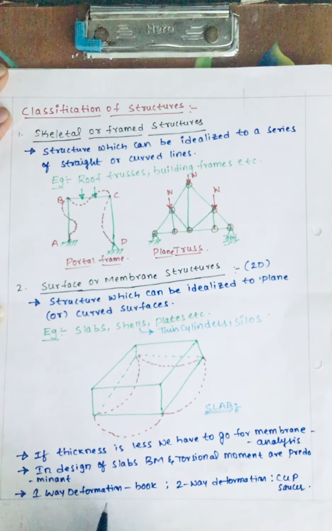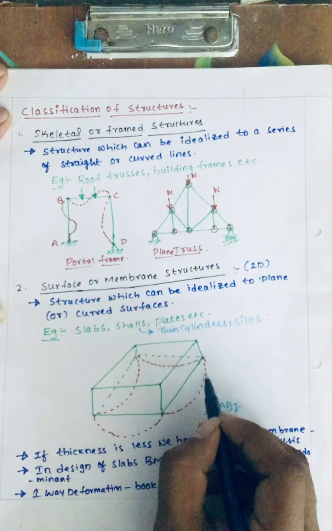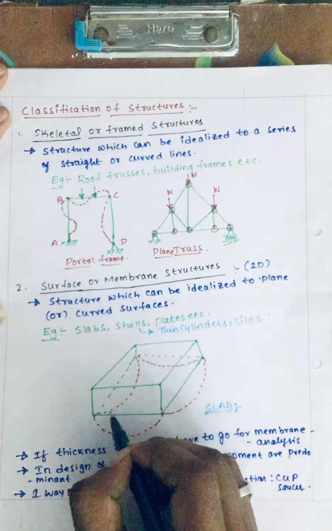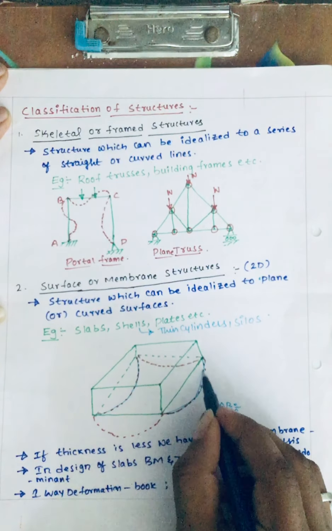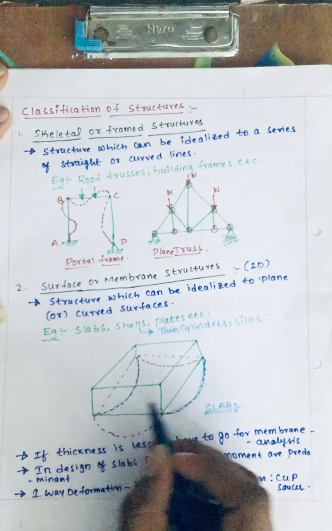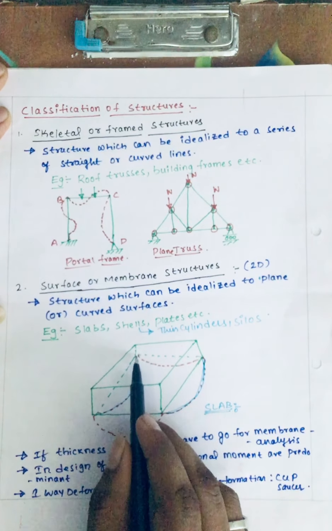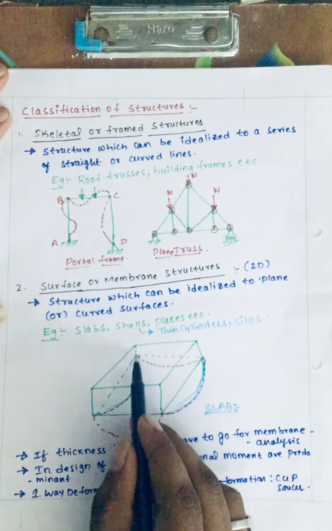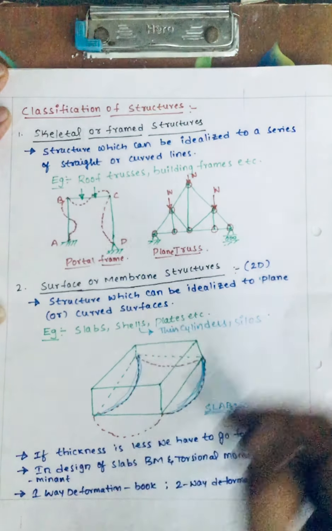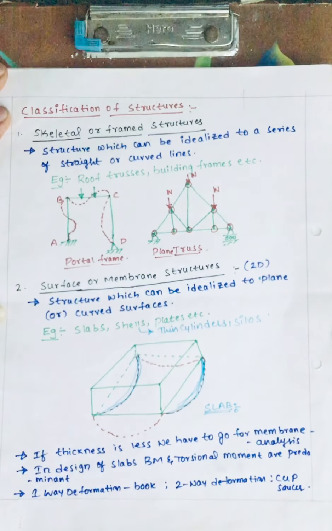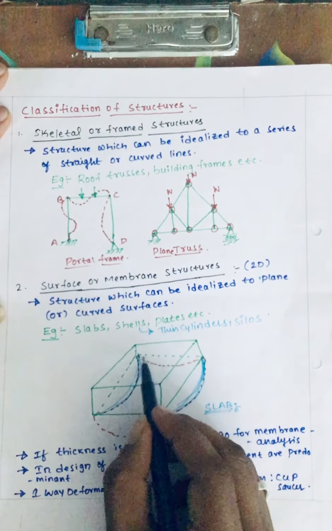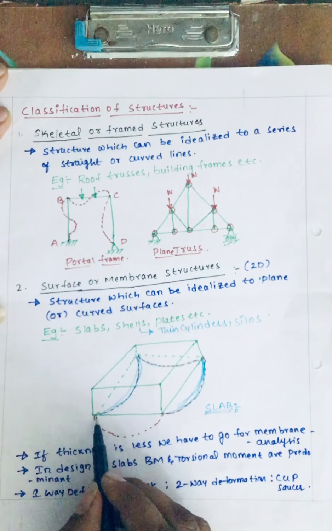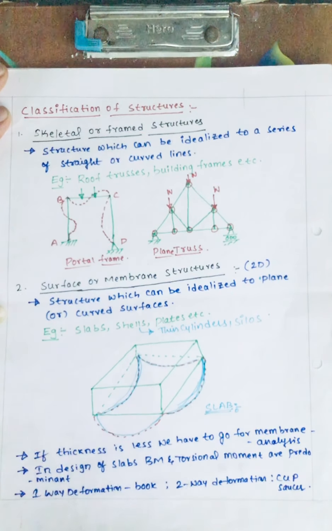In order to have a one way deformation, that is a one way slab, you should have deformation along these red dotted lines. If the deformation is only on two sides, out of the total 4 sides of a slab, that is, along the length or along the width, then we can call it a one-way slab. If the deformation is on all four sides, we can call it a two-way slab.